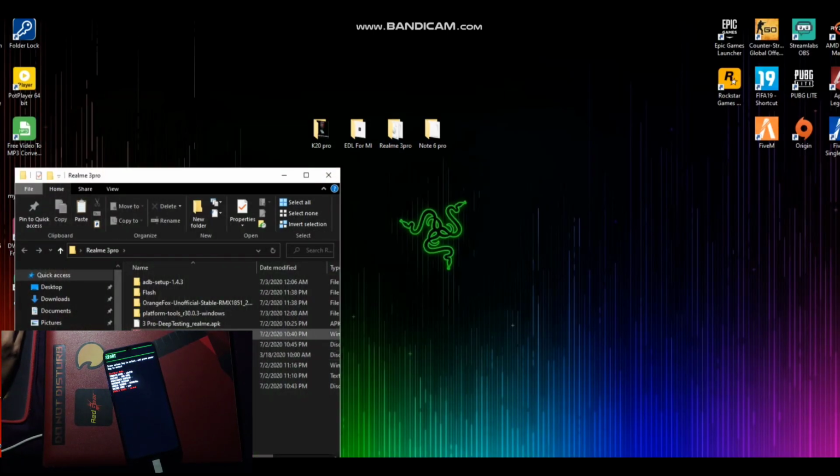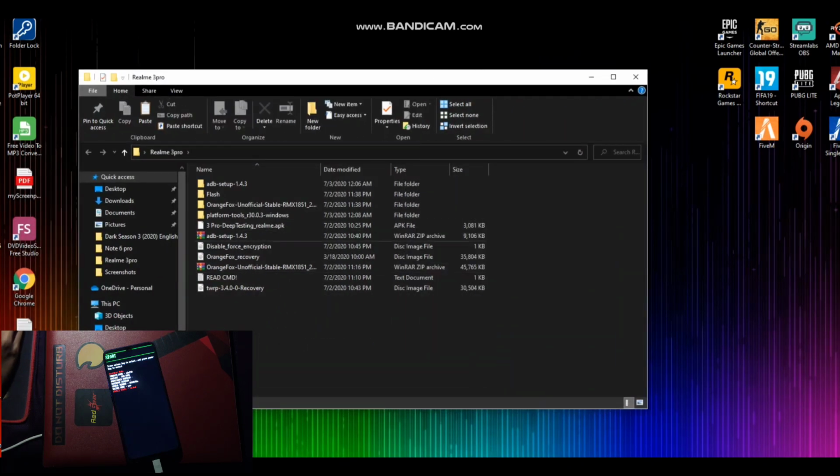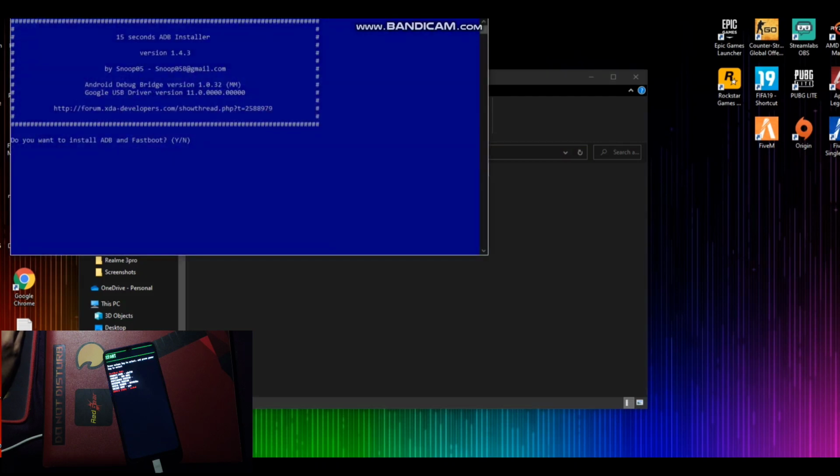On the PC you need some files whose link I already provided in the description box. So just go and download the files. First you need the ADB setup tool, which will install the driver to support the phone in fastboot mode. You just have to press Y to confirm it.